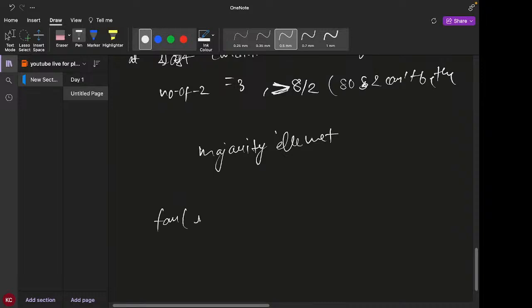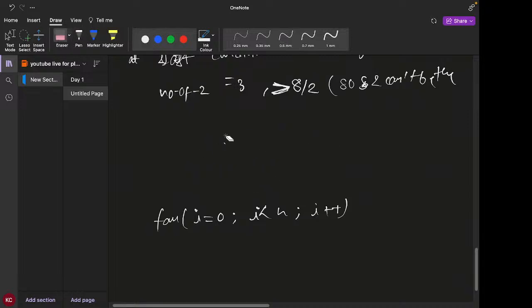We will take a loop from 0 to i less than n, i plus plus, and we have to take two variables. Let's suppose count is equal to 0 and candidate is equal to 0. We don't have -1. Let me do it by -1 so that